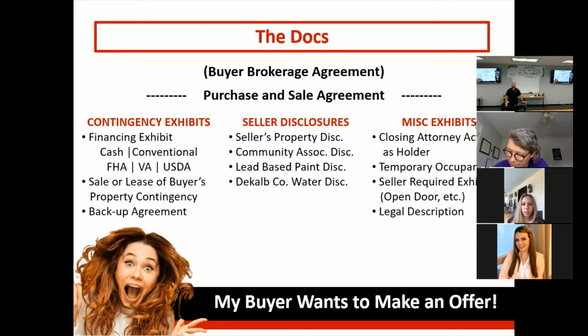agreement, okay? And one of the nice things, our purchase and sales agreement tells us on that first page, when the closing attorney is the holder, it tells you right there, if you read it, that means you need a F510 closing attorney acting as a holder. It tells you that if the house was built before 1978, we need a lead-based paint disclosure. If the seller is going to stay after closing and not transfer possession at closing, we need a temporary occupancy agreement, okay? So there's going to be clues that will help you with some of these, okay, but not all